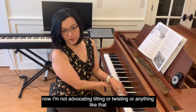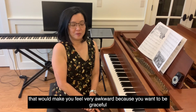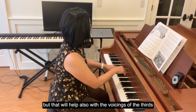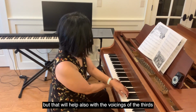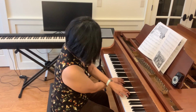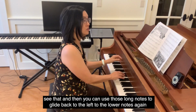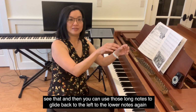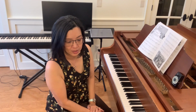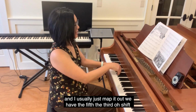Now, I'm not advocating tilting or twisting or anything like that. That would make you feel very awkward, because you want it to be graceful. But that will help also with the voicings of the thirds. See that? And then you can use those long notes to glide back to the left, to the lower notes again. So that is something I would explore right at the beginning, and I usually just map